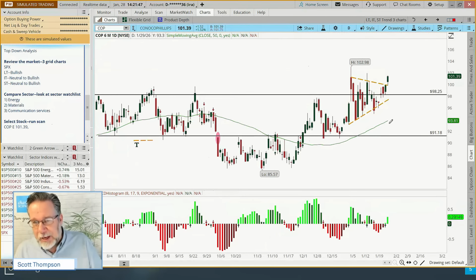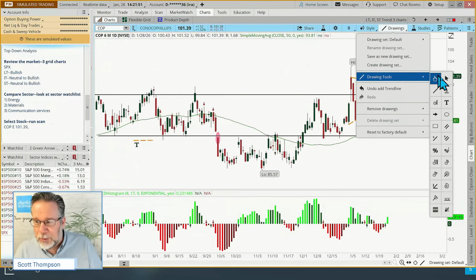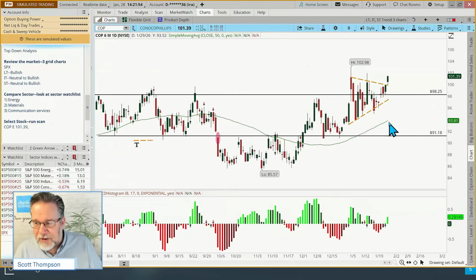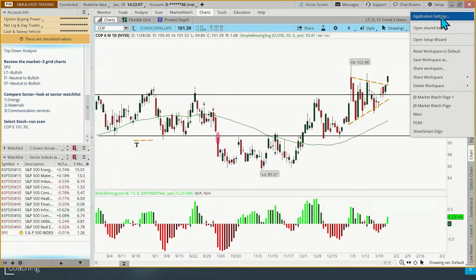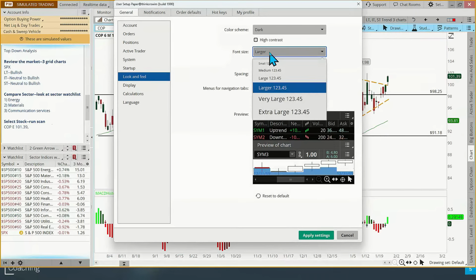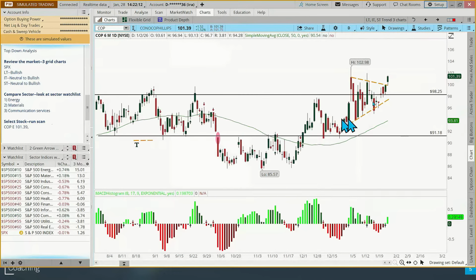And so what we've done, if I put my cursor on the moving average, let me change my drawing tool here, I can see that value. I can see it in a couple places. One, if I have my cursor there, I can go right up to the top, and the number right there at the top shows that value. Let me see, is this set up to where it's on larger? Yeah, it's about as big as I can go. Okay, so the moving average you can see is at 93.81. And that number's right over here on the right side too.